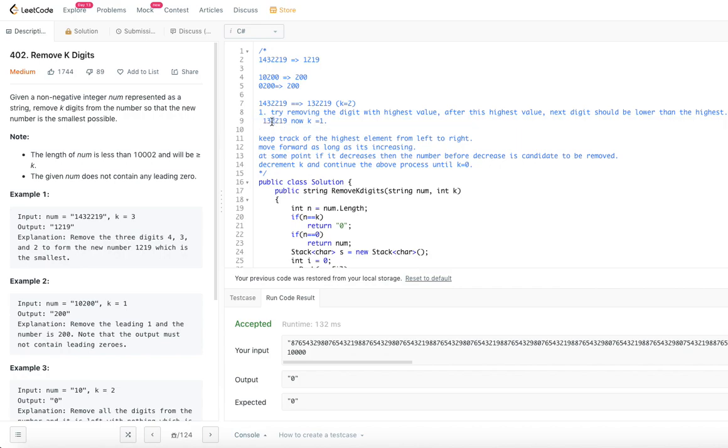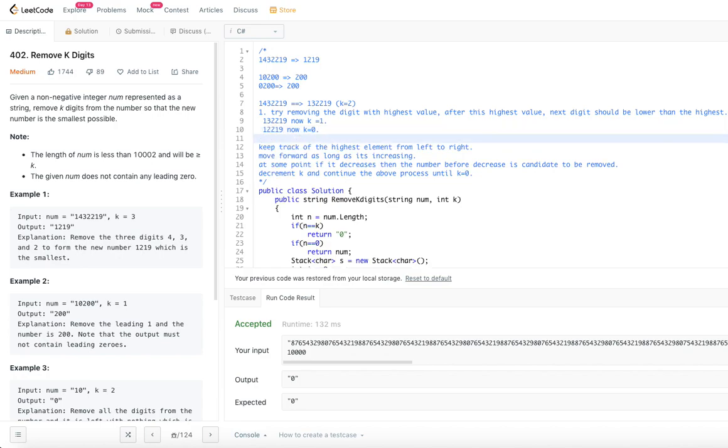So now we knock off 3. Our number becomes 12219. Now we decrement k to 0, so we don't have to remove anything more. That means if we are given k equal to 2, the lowest value that we are going to get by removing 2 digits is 12219.